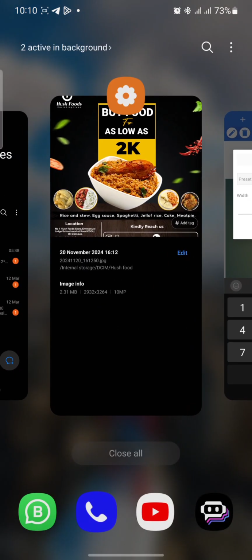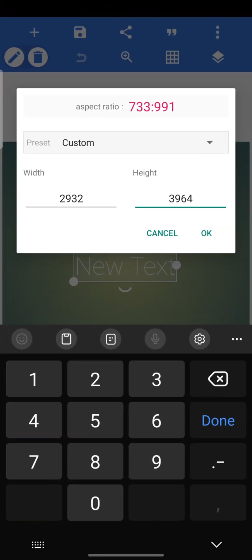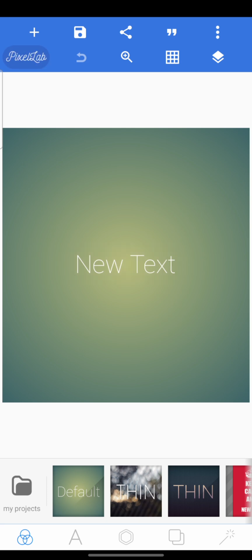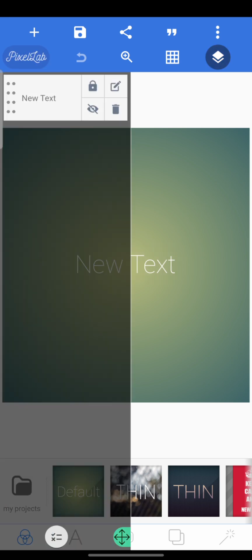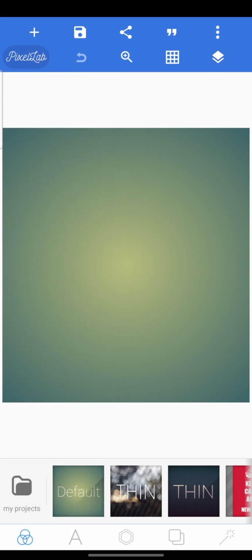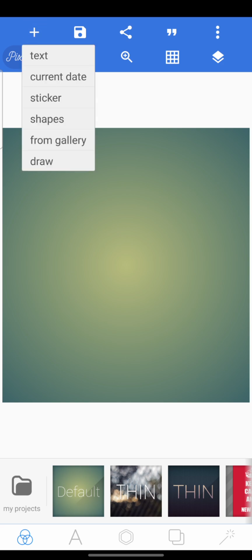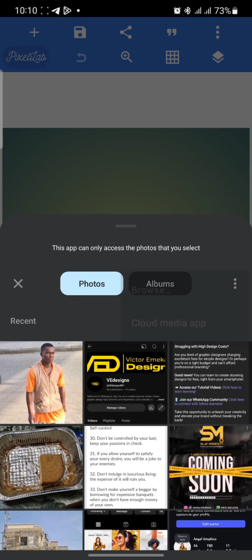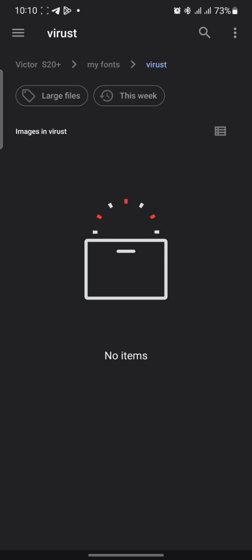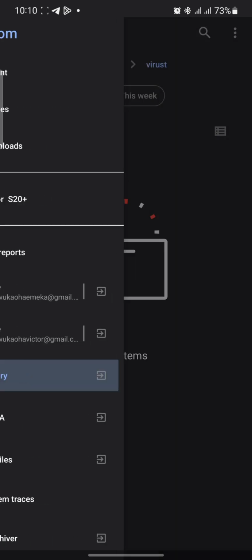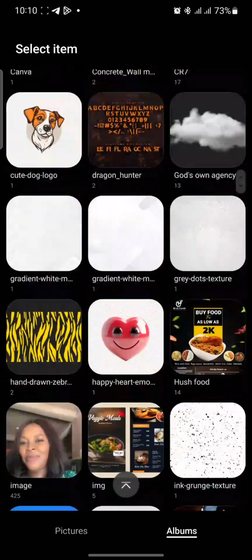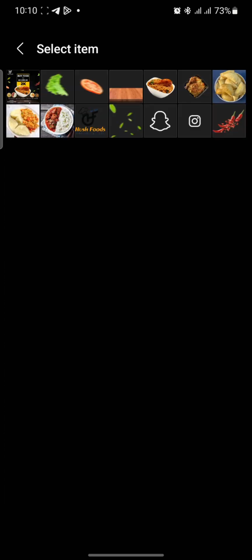Just copy this exact size. I hope you understand. Use my exact size. All right. When we have done that, we lock and hide that text. Then we move over to import our first element, which is